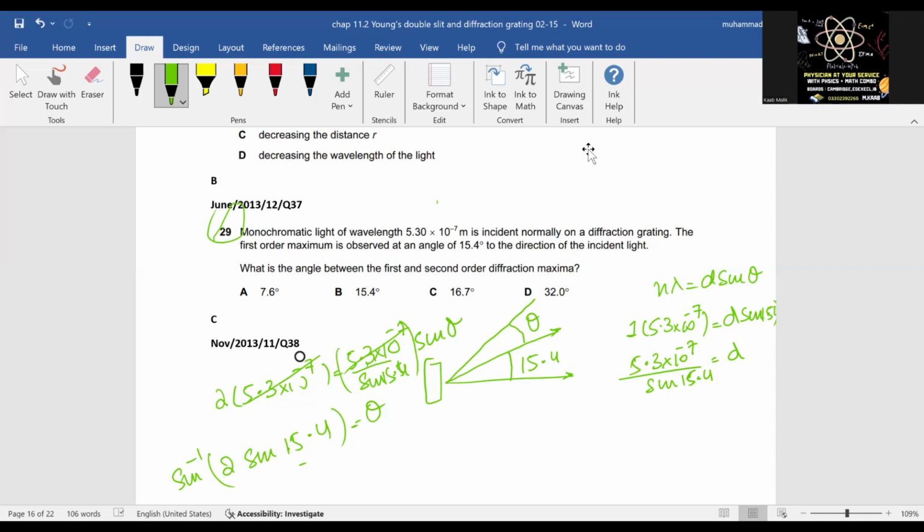निकाल दो theta कितना आता है। 32.18। 32.18 बेसिकली यहाँ से यहाँ तक आएगा। उसने पूछा है कि फर्स्ट से सेकंड का बता दो, तो आपको सिर्फ सब्ट्रैक्ट करना है फर्स्ट वाले एंगल को। समझ गए हो ना? सही हो गया।